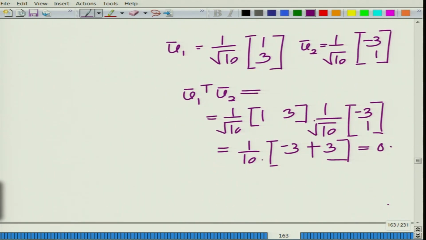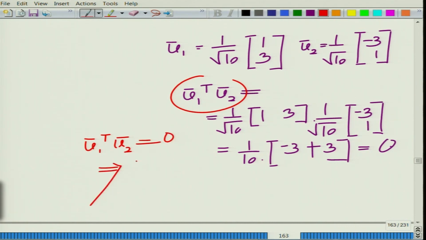Therefore, what you can see very easily is that u1 bar transpose u2 bar equals 0,